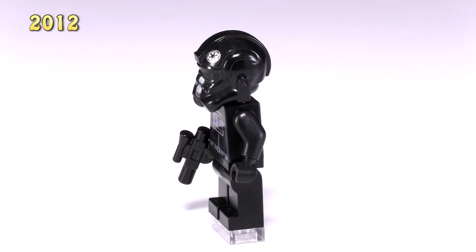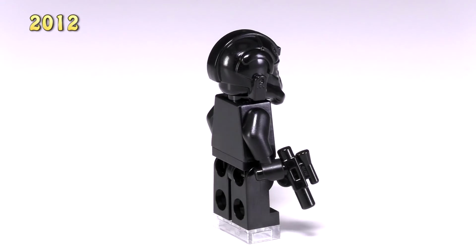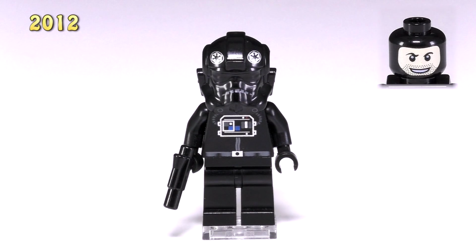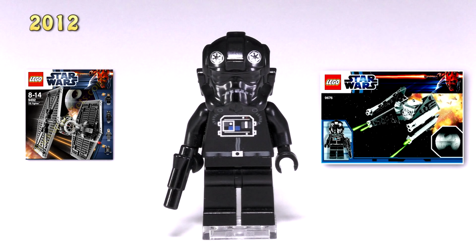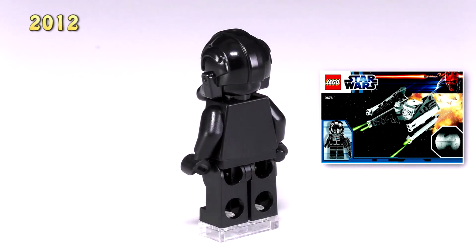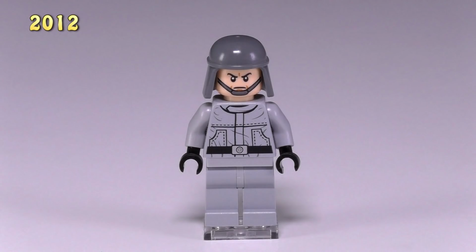This first one is a TIE Fighter Pilot update. Not really much of an update. The only way to see it is if you take off the helmet. This is the pale balaclava face that we've got underneath, and I believe this fig came out in two sets, the TIE Fighter set 9492, as well as the TIE Interceptor and Death Star set 9676. He's $4. And the second guy that came out this year was an ATST driver, the last update for the